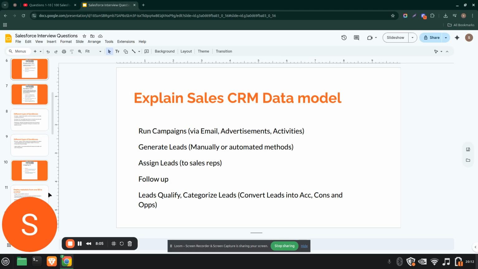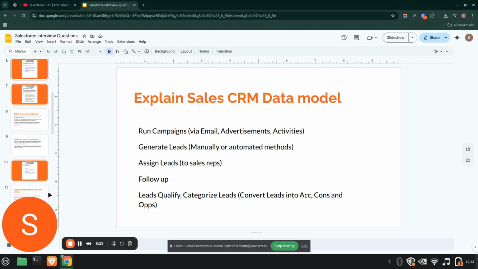Once the assignment of the leads is done, then you follow up on the leads. Hey, we created a record in our org. Are you still interested in this? And we are providing these benefits. And once leads say, okay, we can go ahead, we are interested in this product, then you qualify the leads.